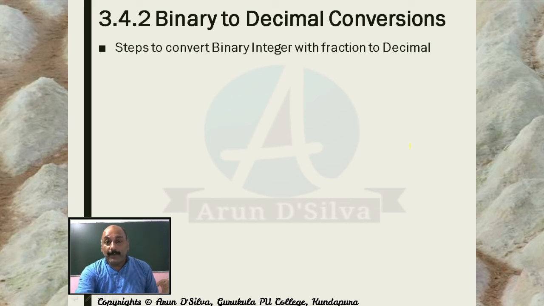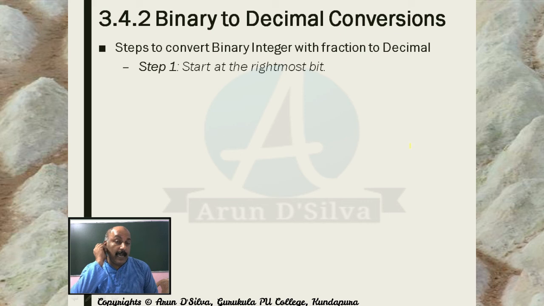So, this is the way. So, these are the different steps we have to follow when you want to convert a binary number to decimal. Here, I am going to teach you the binary integer with the fraction part itself. While explaining the decimal number system, I taught you the integer part and the fraction part separately. But now I am giving you the integer with the fraction part of a binary number and converting it into decimal.